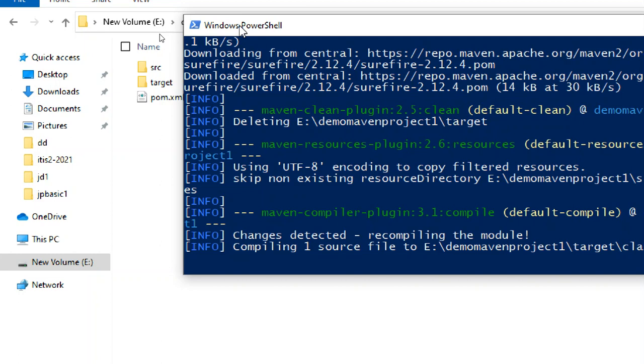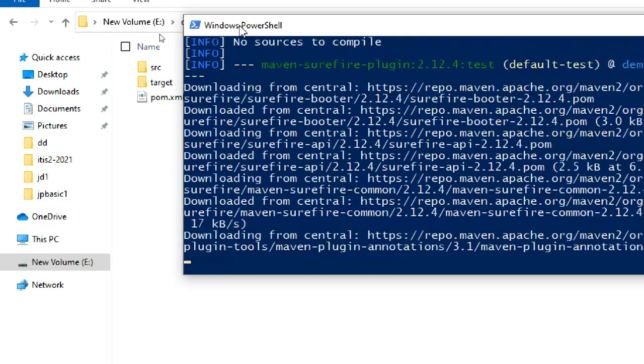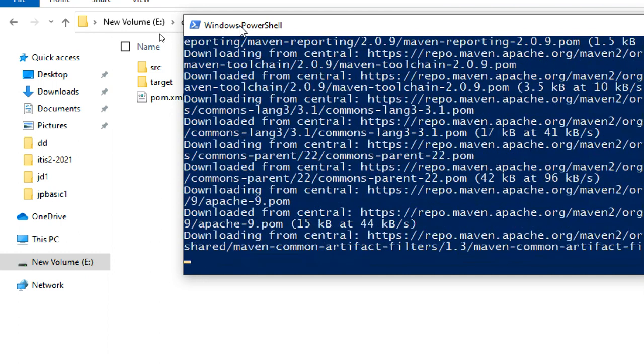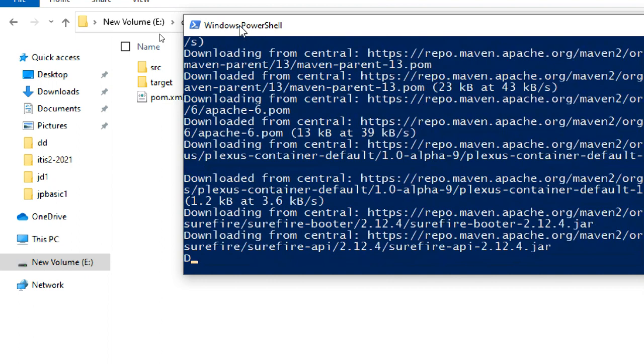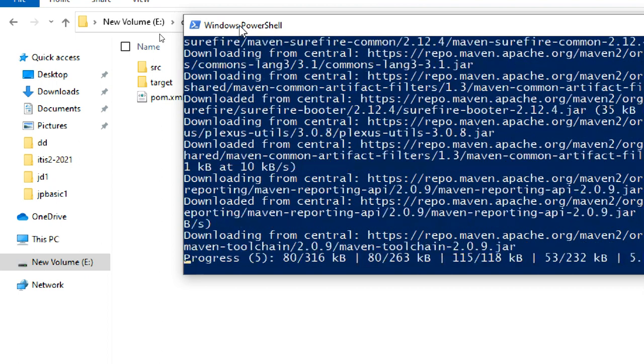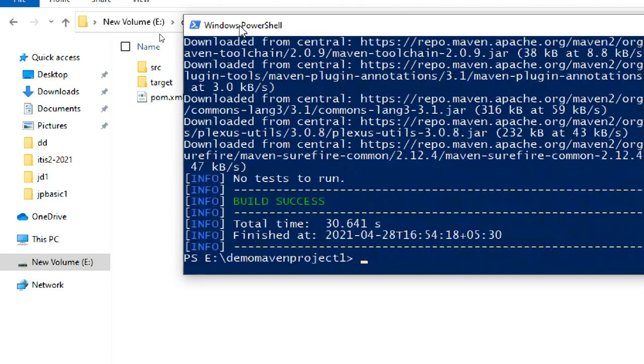Again, it's compiling and testing. If you put test, it does compile and then test. For testing, it is downloading these repositories. No tests to run, and it is build success.